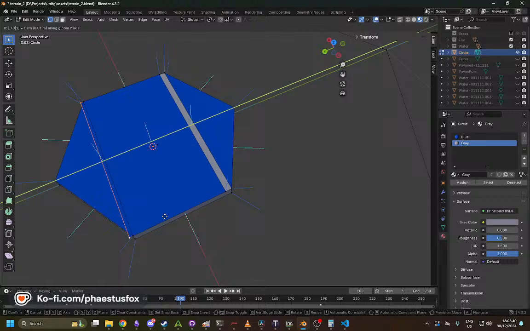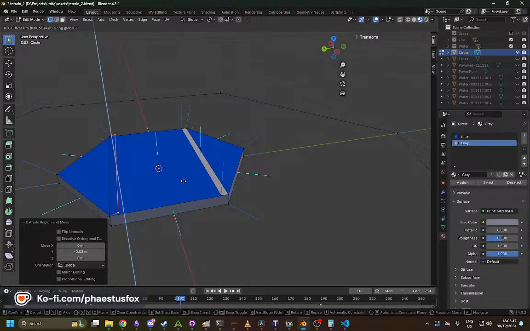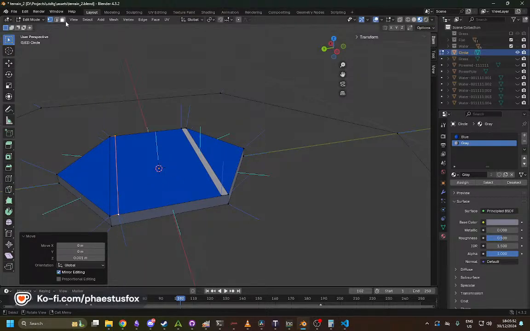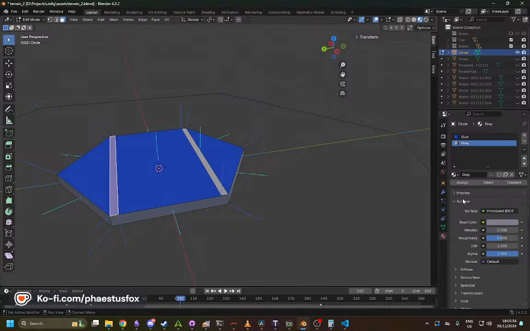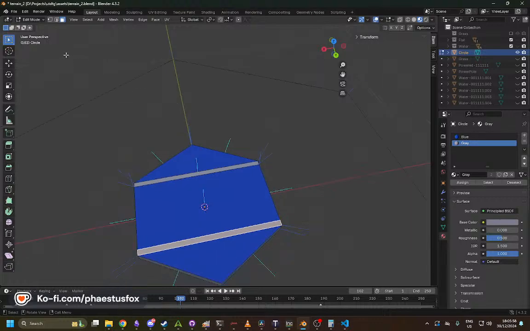Negative. Apparently it was a 2. Okay, then we're going to grab you, go that way, 0.001, like that. Then we're going to select this face, and we're going to assign that to be grey. That looks like a solar panel, doesn't it? I don't know. I guess